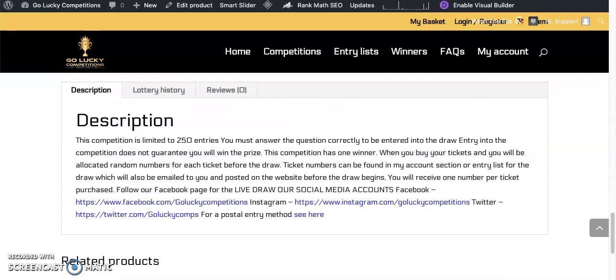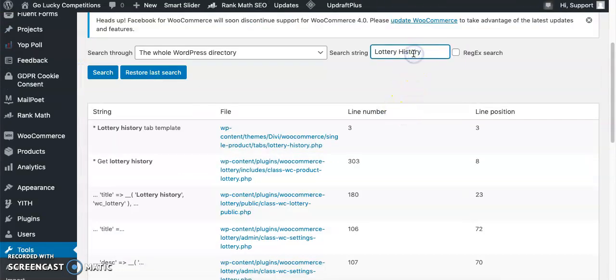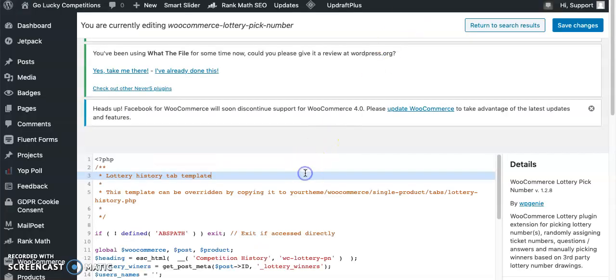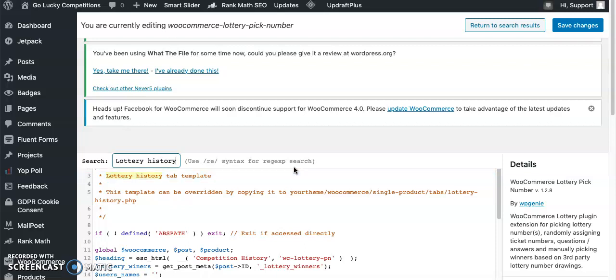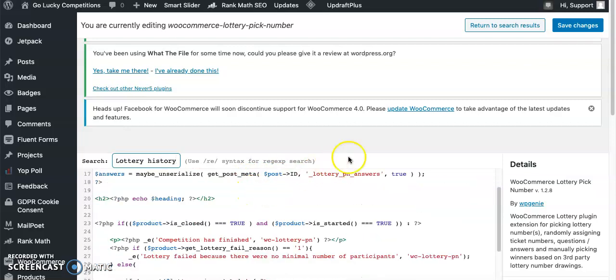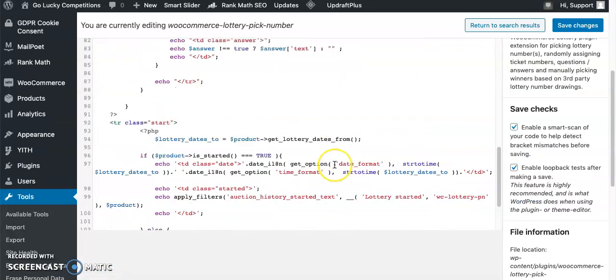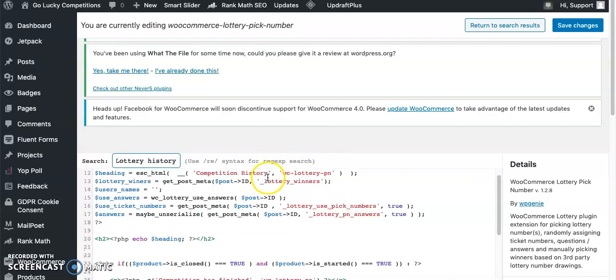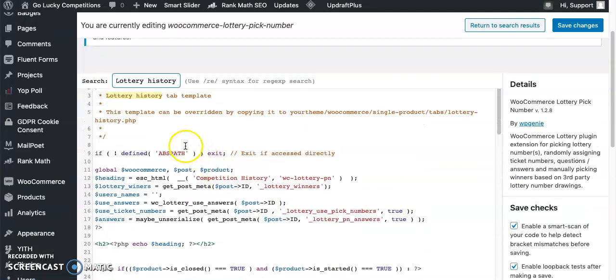Now I'll search for this word inside that file again. Okay, it's not there, though it is a lottery tab template, the title is not there.